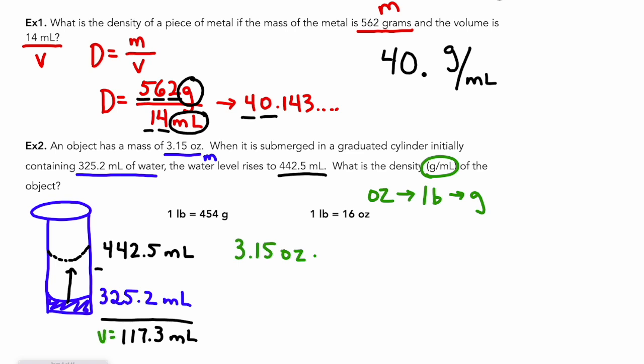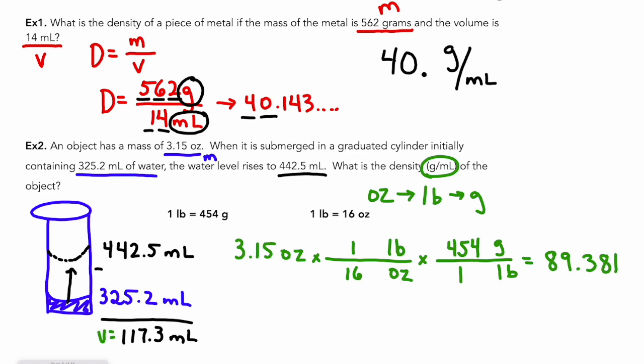All right, so I'm gonna get out of ounces by putting it on the bottom. I'm gonna get into pounds up top. Now that I'm in pounds, I'm gonna get out of pounds, and I'm gonna get into grams. And I have all of these relationships. I know that 1 pound is 16 ounces, and I know that 1 pound is 454 grams. So I'm gonna take 3.15, I'm gonna divide, because it's in the denominator, by 16, and then I'm gonna multiply by 454. And I get